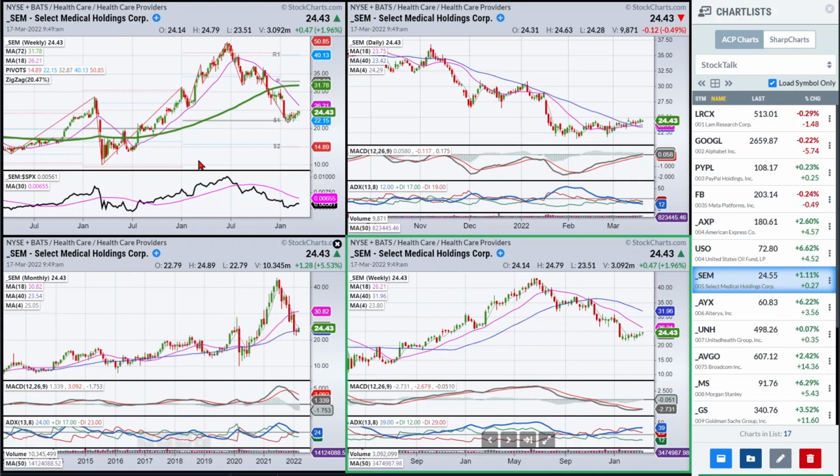So we're coming into some pretty good support when you look at the monthly chart. We're sitting on the 40-month moving average, okay? We actually have pretty good momentum conditions in place, even though we overran the 18 months. So when I see that, I'm inclined to believe that we're going to find some support and get a rally.